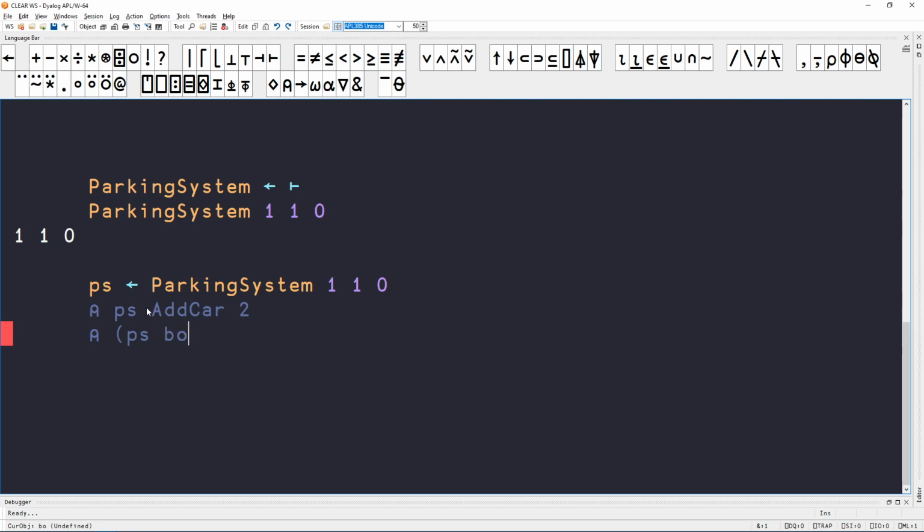So the idea is when we call the function like this, we actually assign the result like that. Okay, and this will be the new parking system, the new updated state, and this is the boolean that says if it worked or not. And so we need to define this function. And how can we go about doing that? Well, there's two things we need to figure out. We need to figure out if we can park the car or not, and we need to return the new